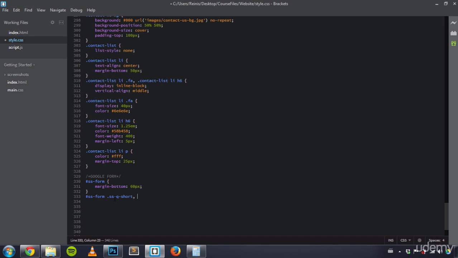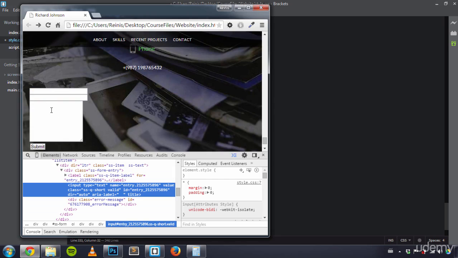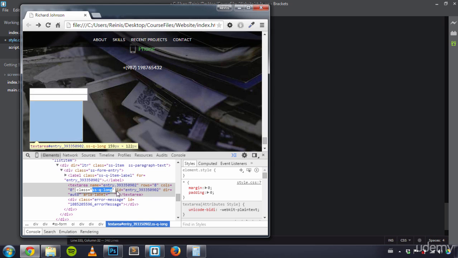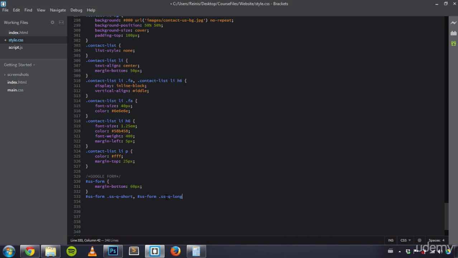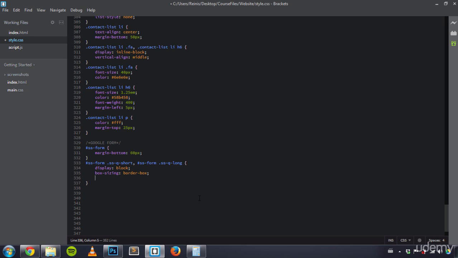So form SS short, and let's highlight it, copy it, and also let's target this text area. I will inspect it, and its class is SSQ long. So paste that in. So we'll display them as block elements. Also set that box sizing to border box, so the width that we set is final and padding doesn't affect